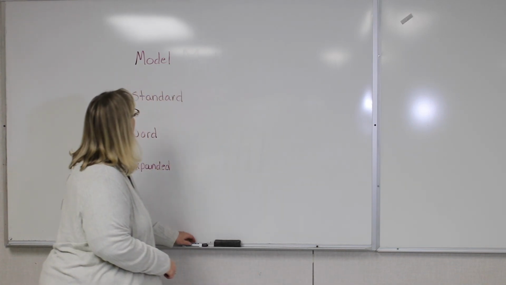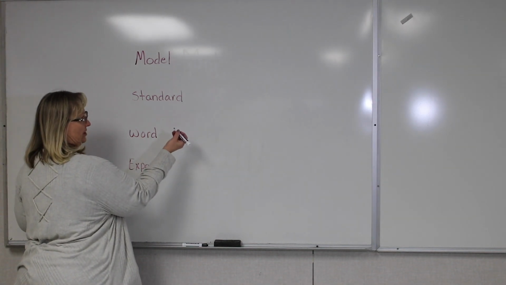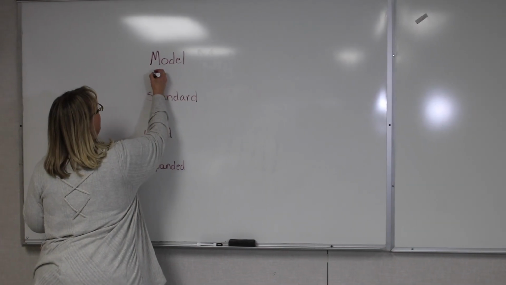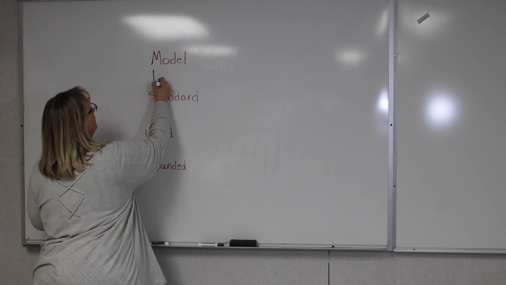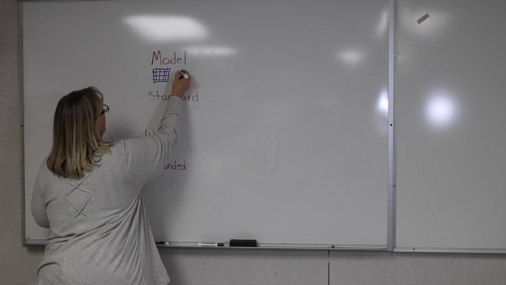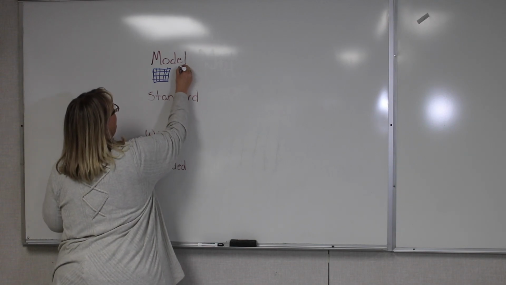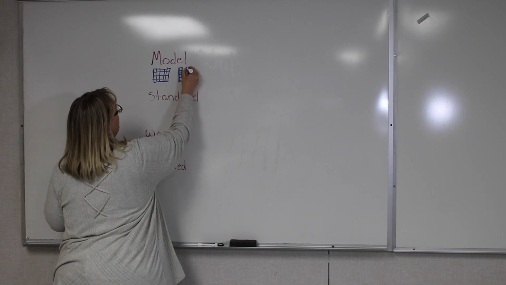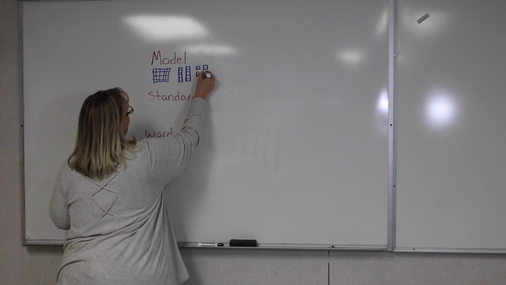So one of the ways is to model it. So if we have the number 126, we can model it using base 10 blocks. So 100 would be one big base 10 block. Let's do 126. So then we would have 2 10 strips for the 20. And then we would have 6 ones. So that would be